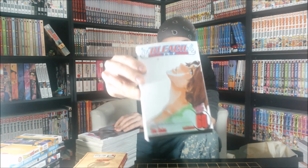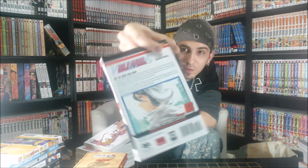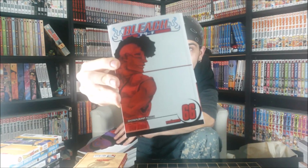This is volume 60. I'm missing 61, but this is 62. This is 63. That's not much of a cover, but the back cover is pretty cool. You guys can check that out. This is 64, and these were released like, some of these, I think it's like 2 years ago, Volume 60 came out, so I've been super behind, but that's okay, because I've got them all now. 67, so I'm missing 65, 61, 65, this is 68,